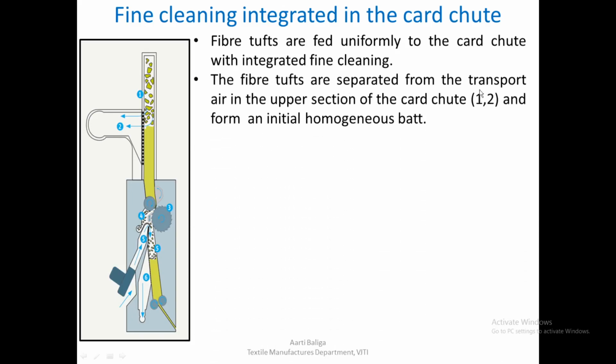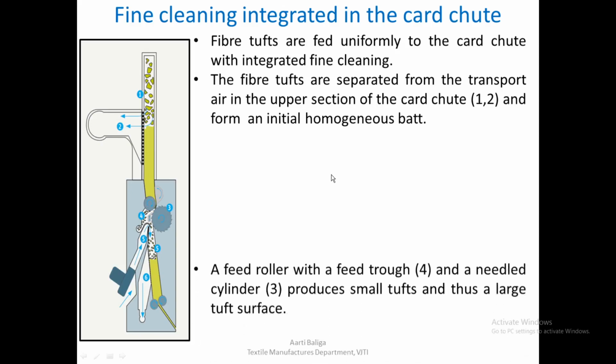The fiber tufts are separated from the transport air in the upper section of the card chute, that is 1 and 2. Whatever transport air is there is separated over here. There is a perforated sheet, as one can see. This is the upper portion of the card chute, and here it forms an initial homogeneous bed. So this is the first stage where a uniform sheet is formed.